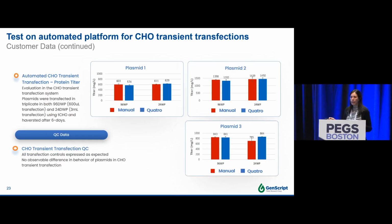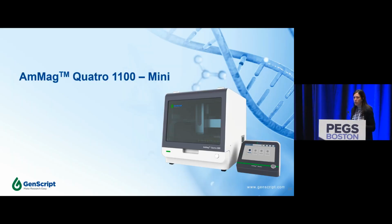They also have automated platforms for 2 transient transfections. They used these 2 plasmids to analyze the titer of the protein after transient transfections. And as you can see here, there is no significant difference for any of the plasmids purified through manual or Quatro. So with that, I'm going to just go quickly through our new instrument, that is the mini prep